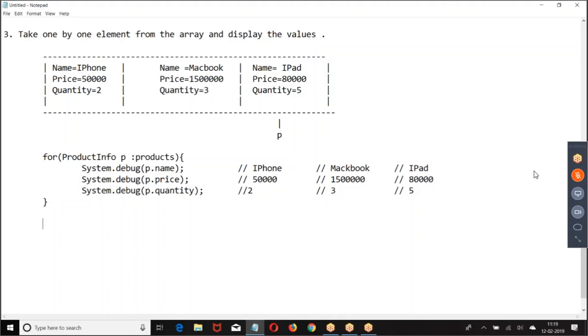Previously, the same thing I wrote like this, right? Integer i equal to 0, i is less than length. System.debug products of i dot name.